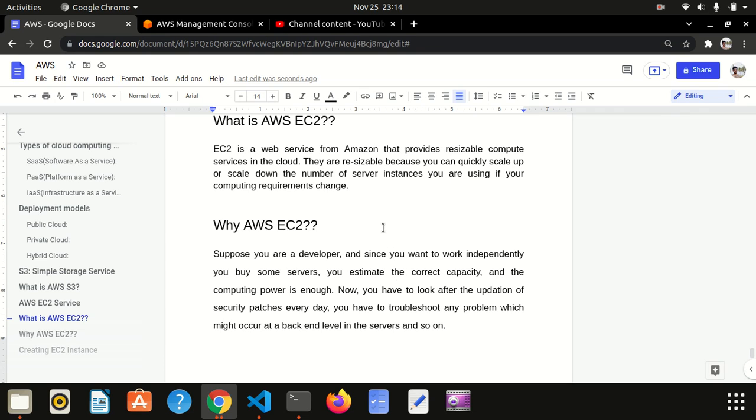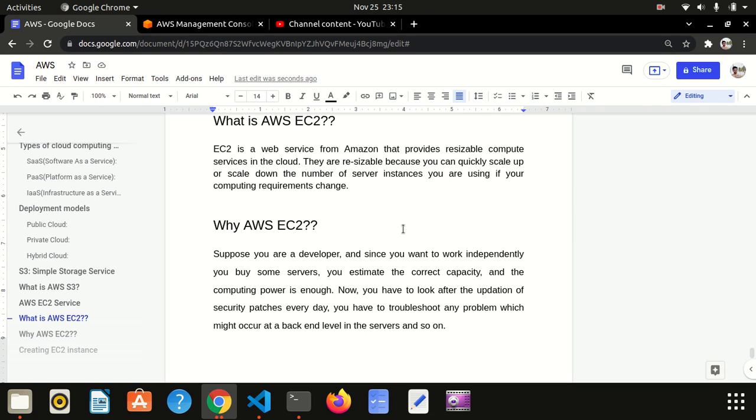In my previous AWS video, I explained about S3, how you can create a bucket and upload a file inside that S3, and also explained how you can perform the same using the Boto3 library as well. So in this video, I'll be explaining about the EC2 service provided by AWS. EC2 is a compute service provided by AWS. So it is very handy to developers.